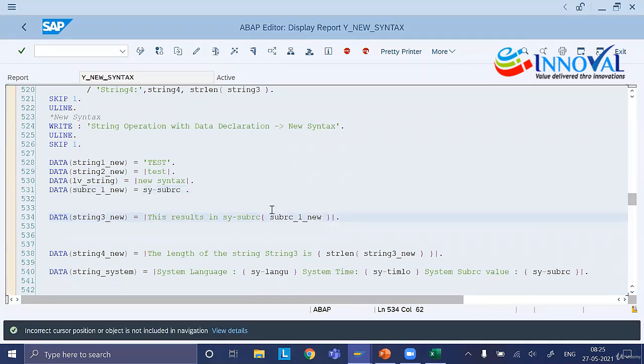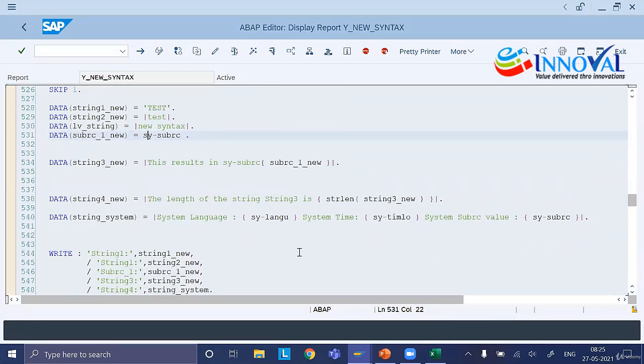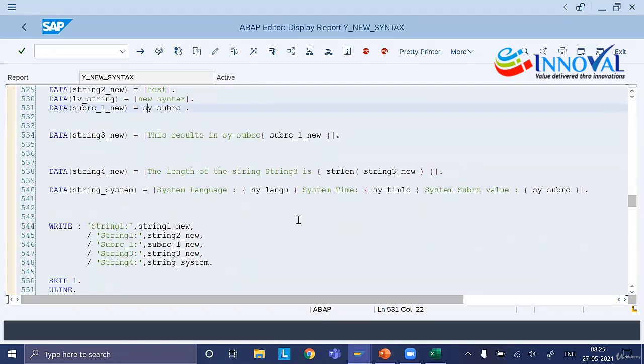So instead of writing sy-subrc, you will get the value of sy-subrc, which will be written. So that's how you use the pipe operator. Now one more,